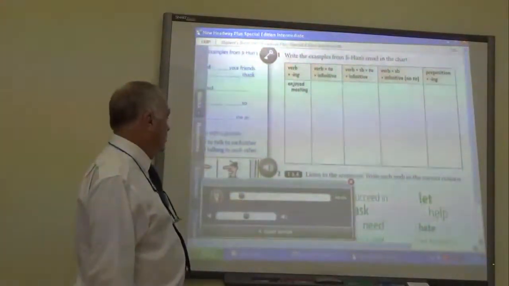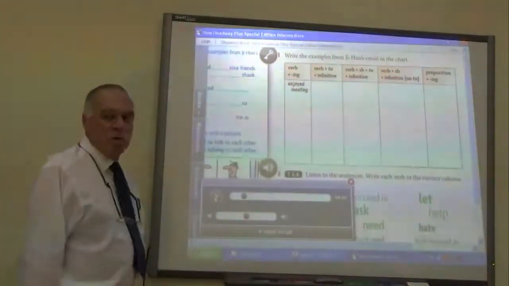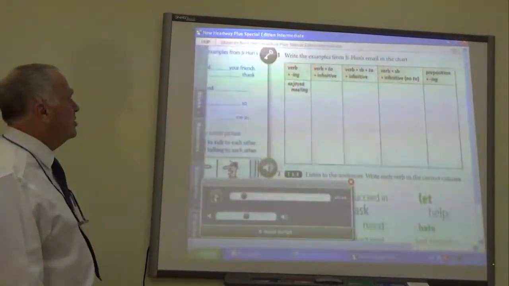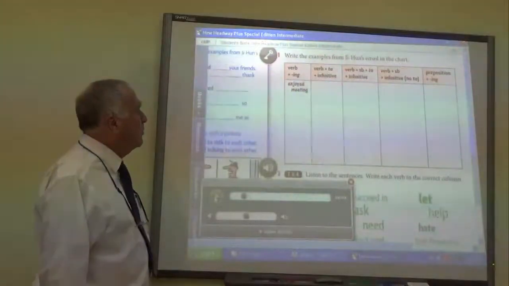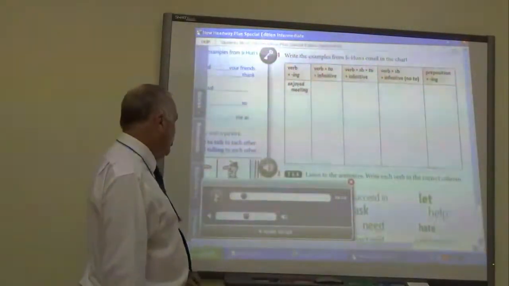They promised to bring the DVD. Which column do you believe that should go in? The second one. Yeah, it's the verb plus to plus infinitive. Promised to bring.